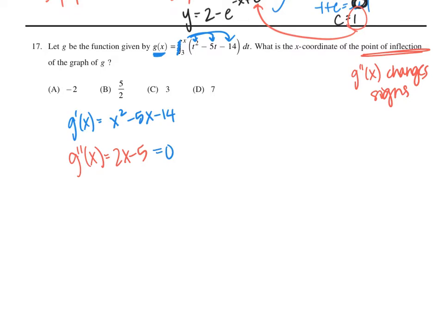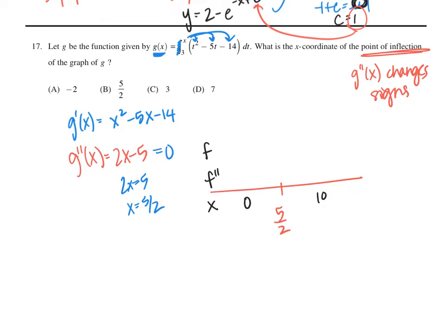The line 2x minus 5 is never undefined. It is equal to 0 at 5 halves, though. So I'm going to go back to a sign chart. We've got 5 halves. I'm going to plug in a number smaller and bigger. Those are x values. We're going to plug them into the second derivative to tell us what's going on with